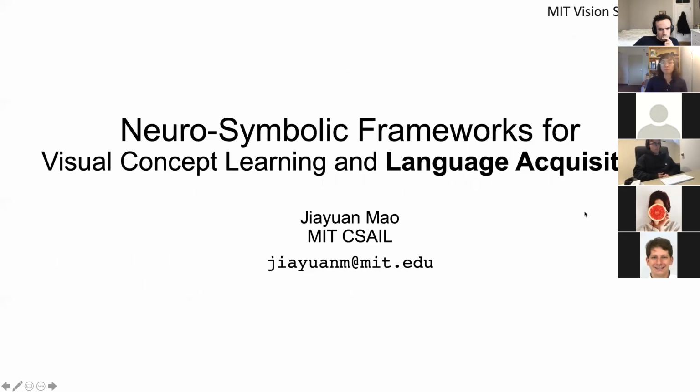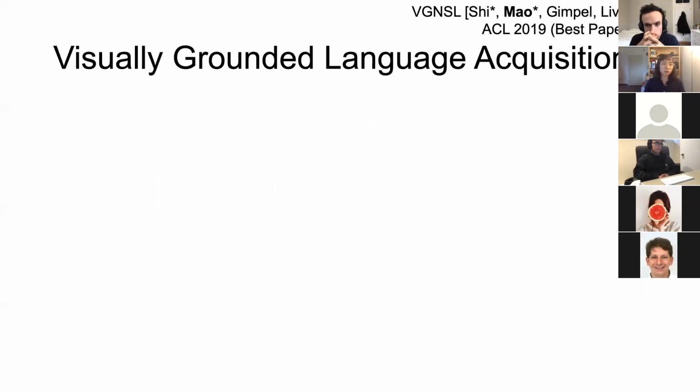So we have seen how the framework could support us to perform very transferable and very robust reasoning over the visual and the text data. Now let's look at the second part of this framework, which is called Neuro-Symbolic Frameworks for Language Acquisition. Here the goal is to understand to what extent the visual experience could help us to understand language. Here I want to describe to you this idea called visually grounded language acquisition.